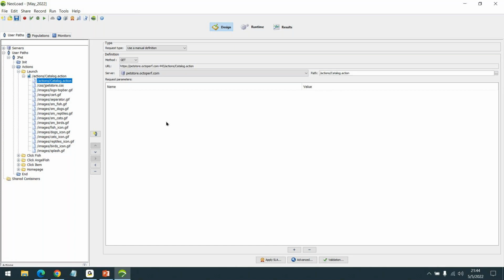But NeoLoad, if you see, it is highly intuitive, user friendly, quite easy, it is a codeless design, there is no code at all. With a few clicks you can complete your scripting, you can almost get started. I'm just comparing LoadRunner and NeoLoad because of the proprietary tag. NeoLoad is at least 70% faster than LoadRunner. NeoLoad is at least 50% faster than JMeter.